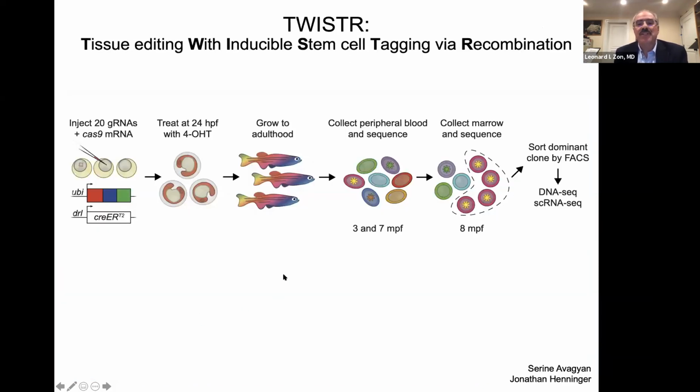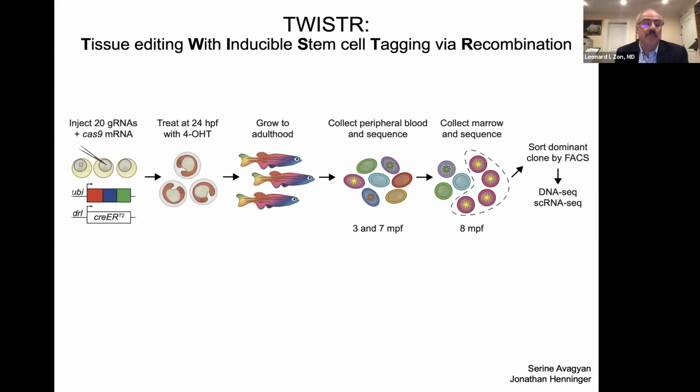So we invented this technique called TWISTR. I hope everybody will appreciate the TWISTR like the game. But the idea is it's a way of using tissue editing with inducible stem cell tagging via recombination. The concept is here, we'll take guide RNAs to 20 genes that are pretty well known to cause this clonal